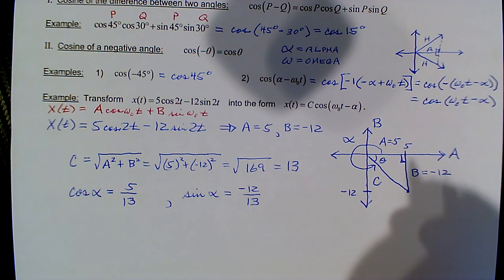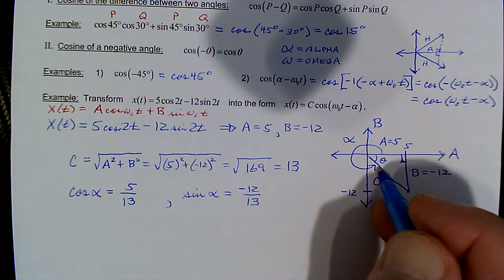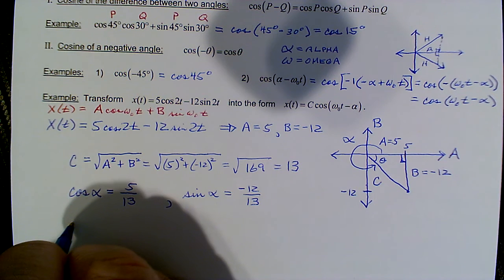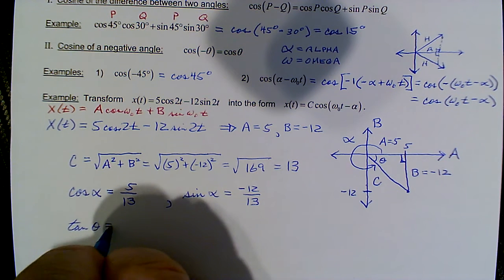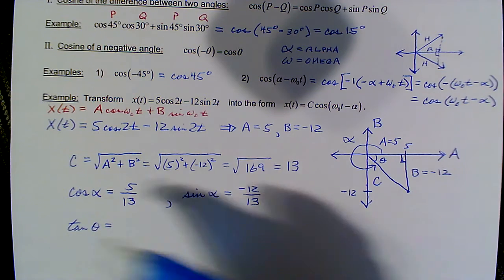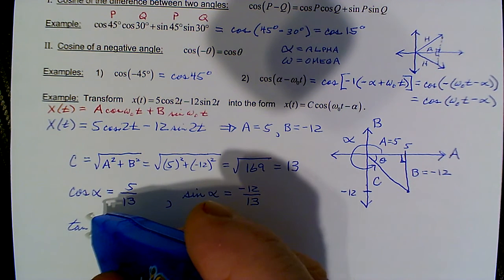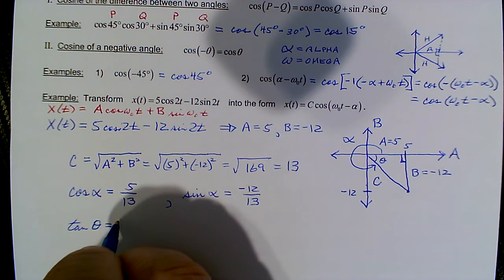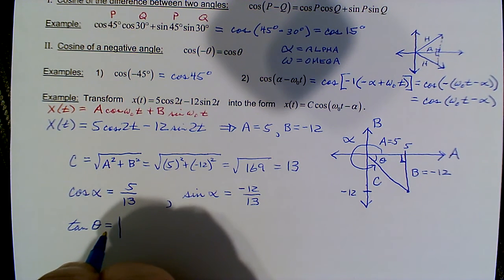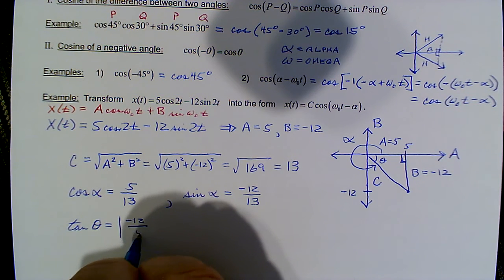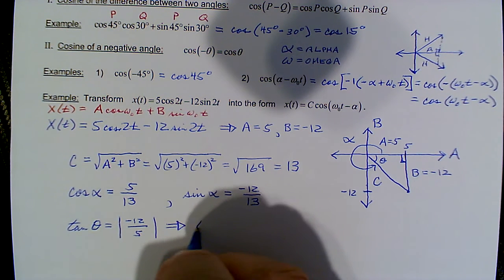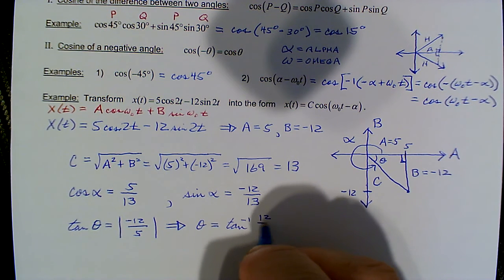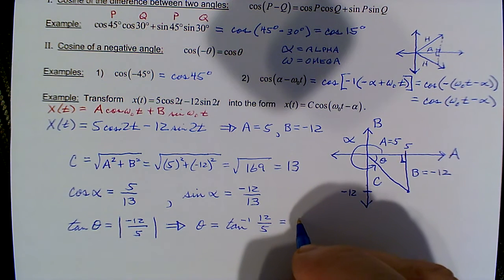And then in order to find the angle alpha, you could do it in many ways. What I like to do is consider that the tangent of theta, actually, let me say the tangent of theta. I'm going to find the reference angle first. I'm going to say it's the absolute value. Tangent is opposite over adjacent, so negative 12 over 5. So then theta is going to be the inverse tangent of 12 over 5, which comes out to